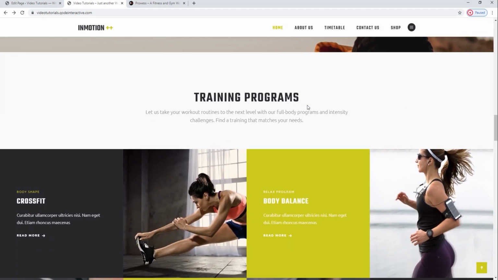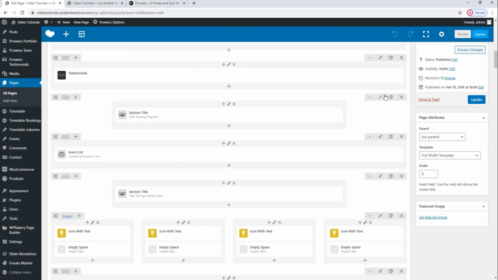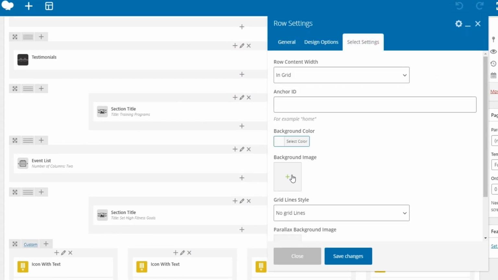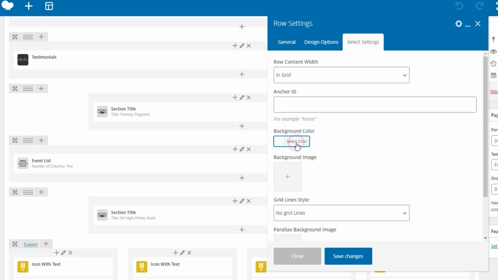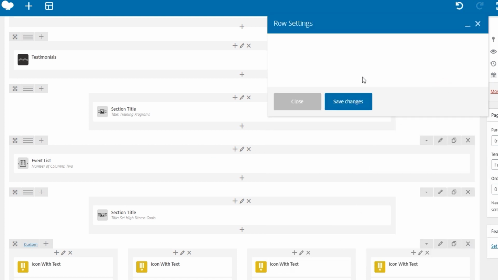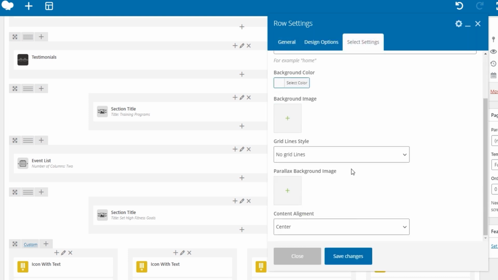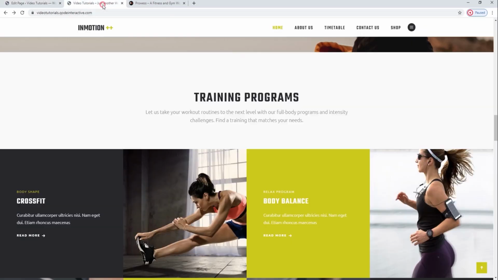It comprises 1 row. This is a section title with a set background color. We talked about it a few minutes ago. In the background color options, set the color manually or enter the hex code. We will leave the color as it is. What we are going to change here are the parallax grid lines, also set through row settings. In the grid lines style dropdown, select parallax grid line dual. Save changes and update. Here's what these grid lines look like on the live site.